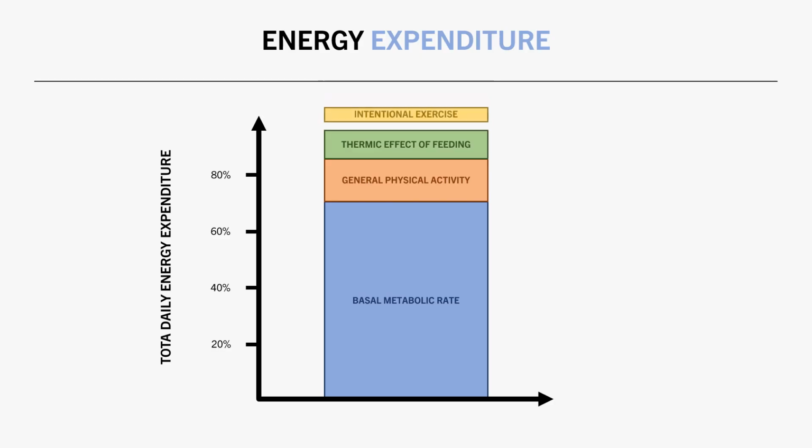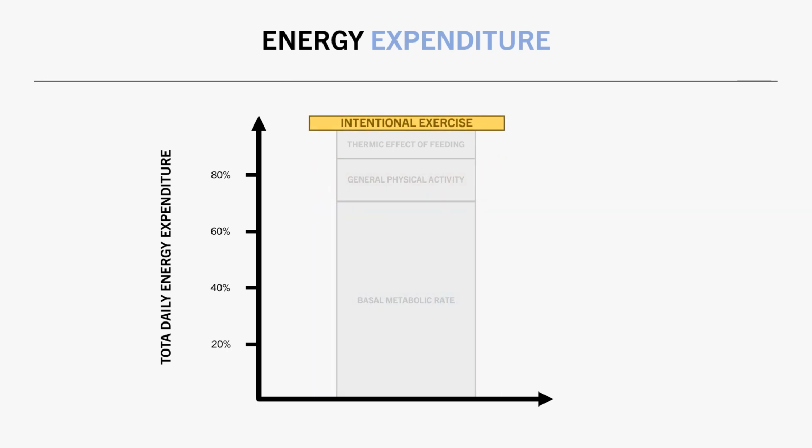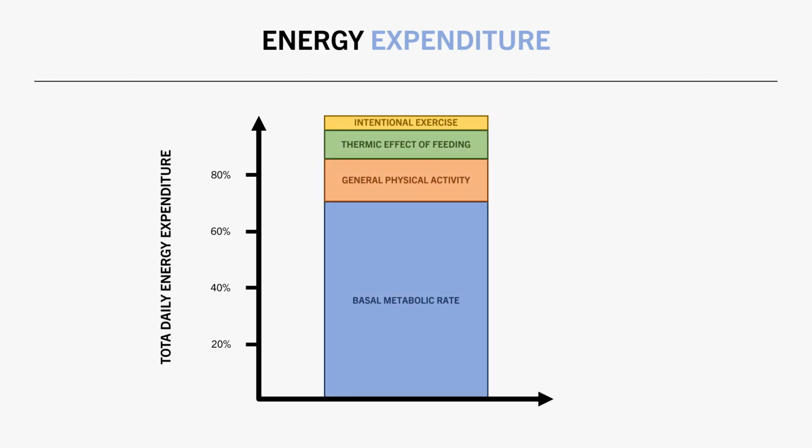So instead of general physical activity having the purpose of promoting cardiorespiratory endurance, the main benefit of general physical activity is for energy expenditure purposes. The total amount of energy we expend throughout the entire day is mostly a result of our metabolic rate and our general physical activity levels. Intentional exercise usually only lasts for a short duration, and therefore usually doesn't contribute all that much to total daily energy expenditure, unless we are talking about intense prolonged exercise such as the training required for many endurance sports. But in most cases, our total daily step count is going to be a better way to assess energy expenditure compared with the time or intensity of specific workouts.